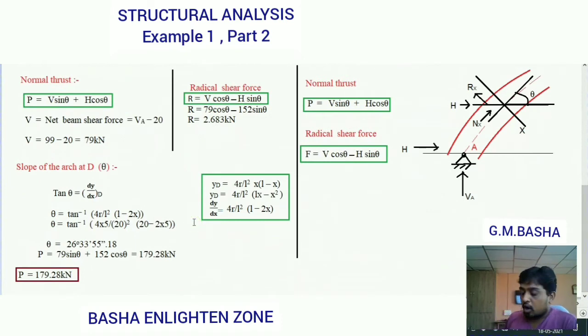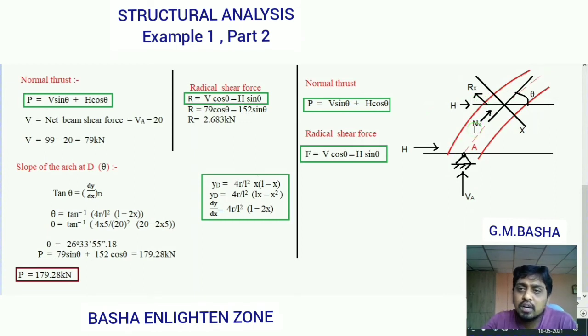So, normal thrust. It is already given in the question: find the normal thrust, bending moment and radial shear at a distance of 5 meters from the support. Before going to the normal thrust, see the formula for it. These are the standard formulas for both normal thrust and radial shear force, which are obtained using this arch diagram. If theta is the inclination at any point x on the center line of an arch, then the vertical shear and horizontal thrust combine to produce the radial shear and normal thrust at this point.